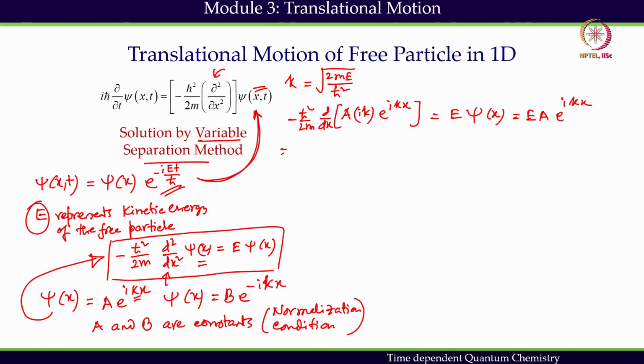So, I get the second derivative A (i k) whole square e to the power i k x equals E A e to the power i k x. A e to the power i k x is cancelling out. So finally I get